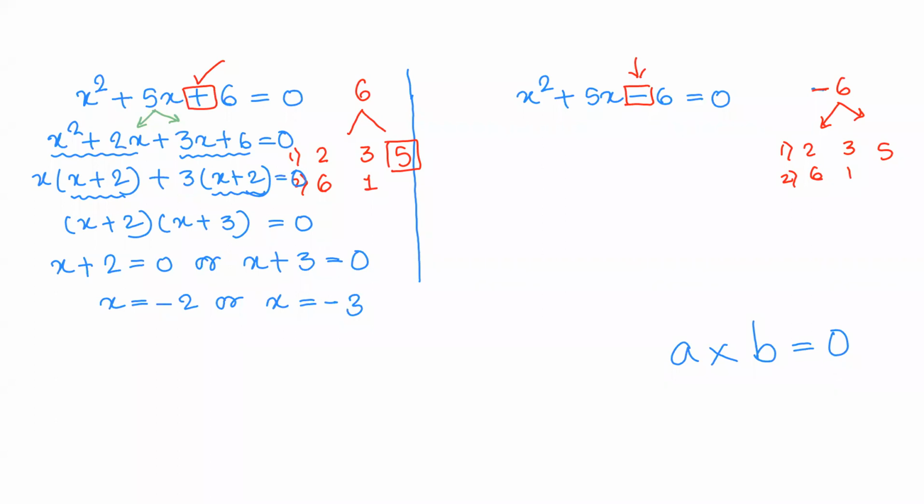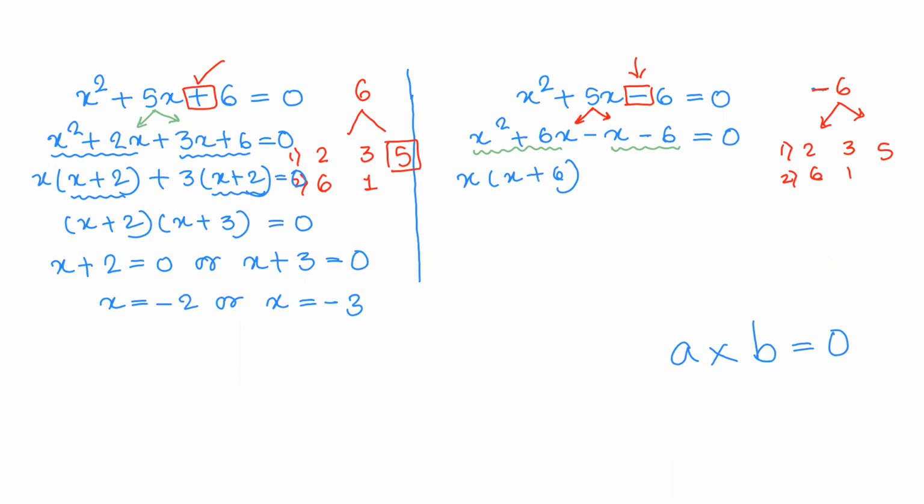So we have x square plus 5x will be now split up as plus 6x minus x minus 6 equals to 0. So 5x को हमने स्प्लिट कर दिया है as 6x minus x. So chalo, we are going to make pairs now and take out things common. So in the first pair, what can we take out common? We're going to take out x common, और bracket के अंदर रहेगा x plus 6.